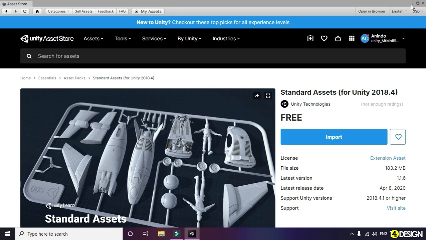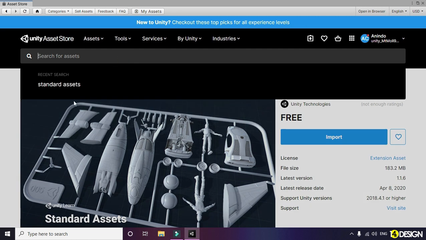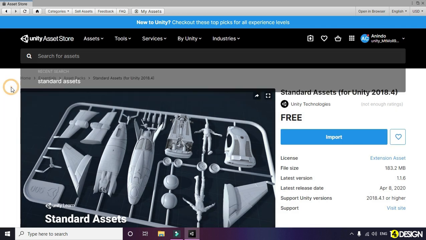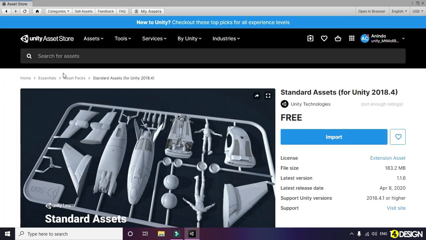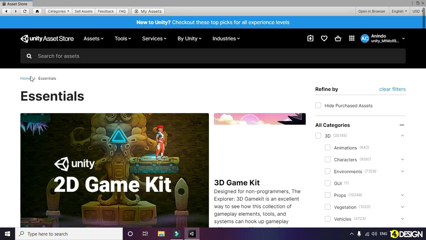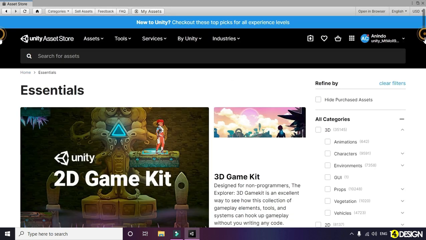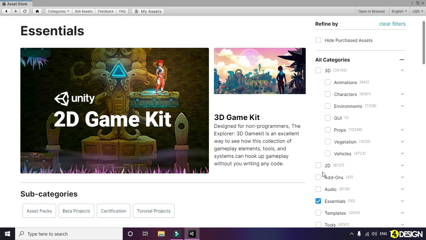It's imported now. Next, what we're gonna need is a nature environment, so we need some tree assets. Well, there are some tree assets in the standard assets, but those are too generic. Let's narrow our search here.